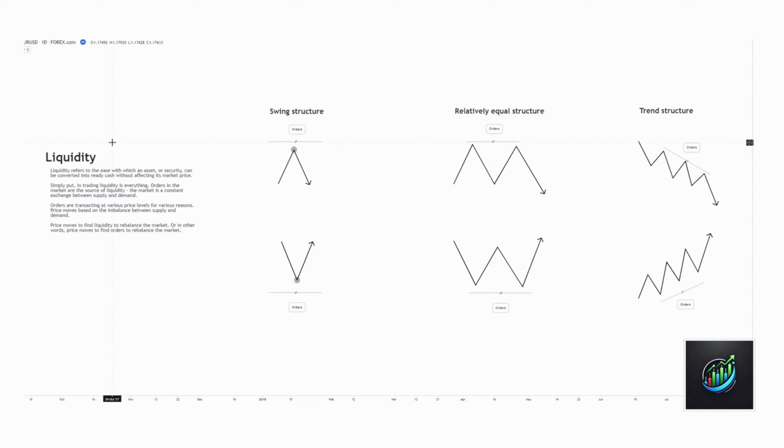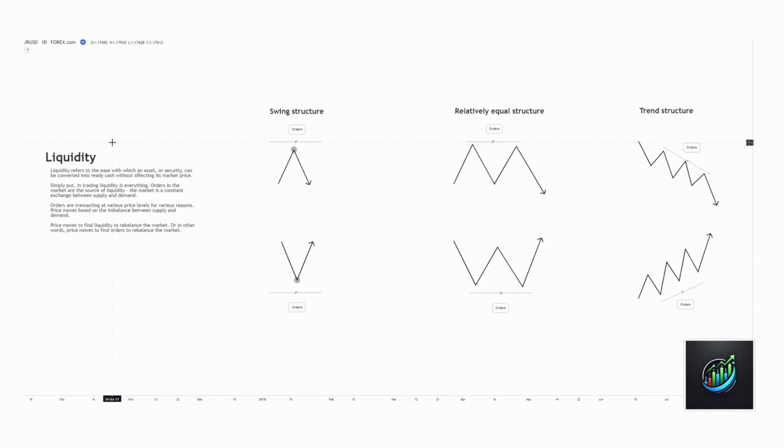Because when you've hit buy or sell in the markets, I'm sure your order was able to go through instantly. Why? Because there was liquidity, or orders, to actually match your order. For every buy order in the market, there needs to be a sell order on the other end. And for a sell order, there needs to be a buy order. It's the battle of fair exchange and supply and demand. And the reason why price is moving up and down in a constant flow is it's moving from pockets of liquidity to pockets of liquidity.